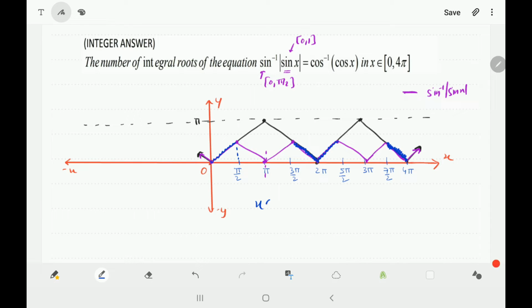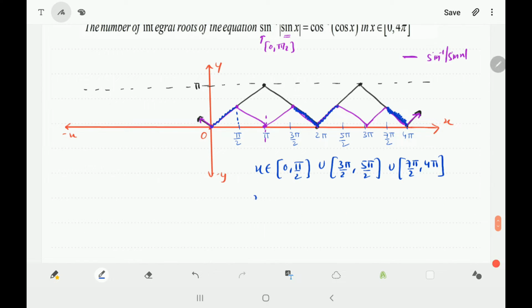So we have the solution from the interval 0 to pi by 2 closed interval, union 3 pi by 2 to 2 pi closed interval. Then you can directly take it till 5 pi by 2. Okay, then you have from 7 pi by 2 to 4 pi closed interval. So the value of x will be from 0 to roughly 1.57 closed, union 3 pi by 2 which will be roughly 4.7 to 5 pi by 2, which is 1.57 into 5, so it will be